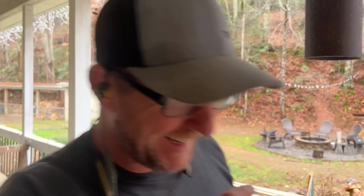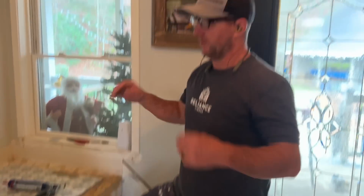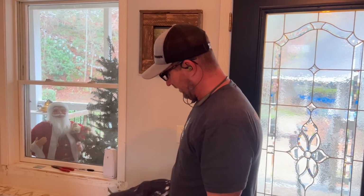Are you happy with the sturdiness of that? I hope so. I should have put some Lexel down. I don't know why I didn't. I totally forgot about it, but I nailed that down. I don't feel like ripping it all out. So I just threw a bunch of extra nails in there, so...